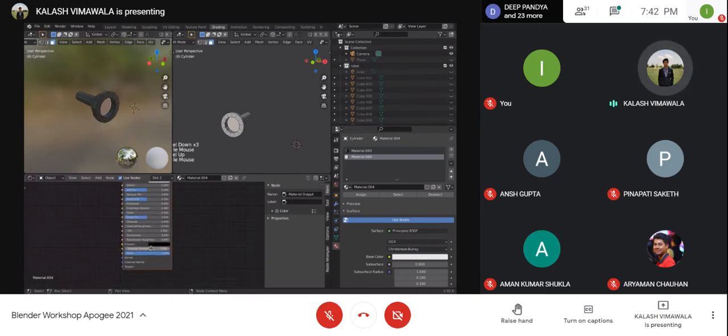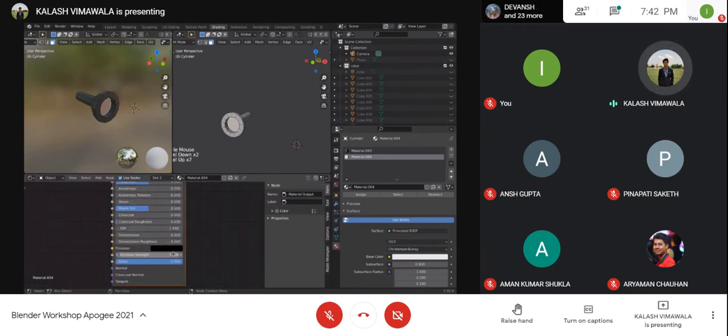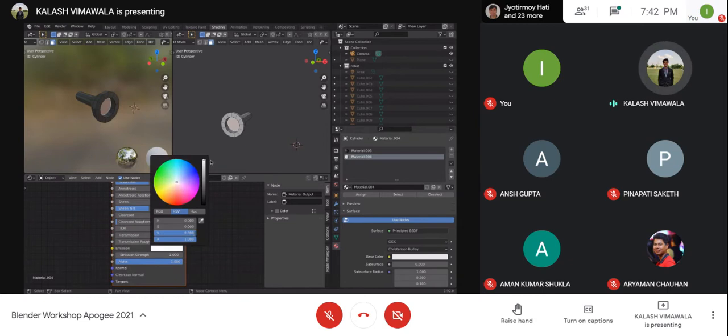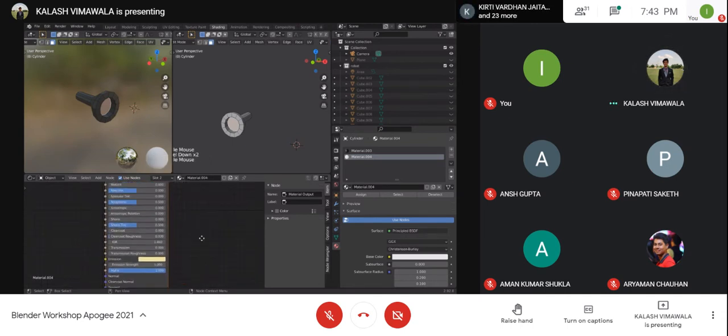If a flashlight is there, it actually emits light and it does not have a material per se, it actually emits light. So what I'll do is give it an emission and give it a hue of around yellow, okay? A warm hue so that it looks something of that sort.